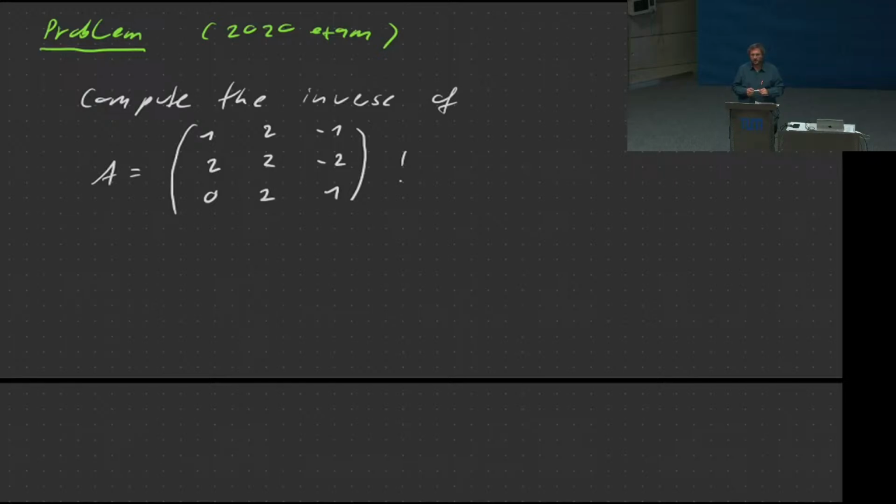Right, I hope most of you are done by now. So let's take a quick look at the answer. In this case, A is invertible. And the answer that you hopefully got should be this one here. Unless, of course, I made a mistake.